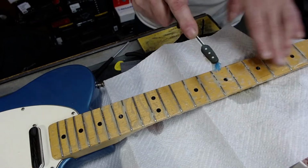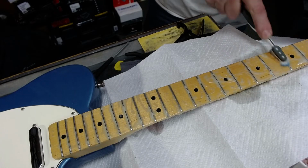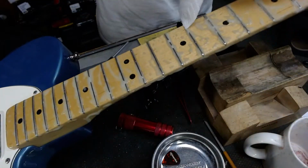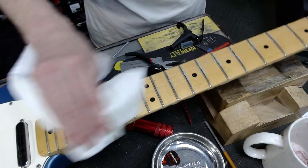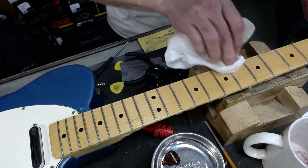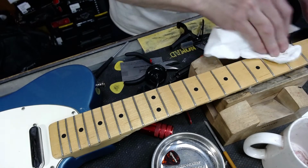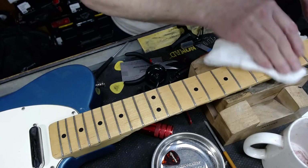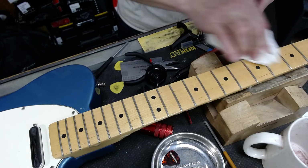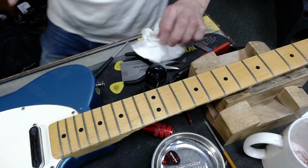Yeah, so this portion of the fingerboard was a little bit dirtier than the rest. So let's see how this looks. Doesn't that look nice? There's some guck along the edges of some of these frets that just is not really wanting to come off of there. I have to wonder if the finish hasn't been worn off of the fingerboard. I may not spend a whole lot more time on that. I am, however, going to